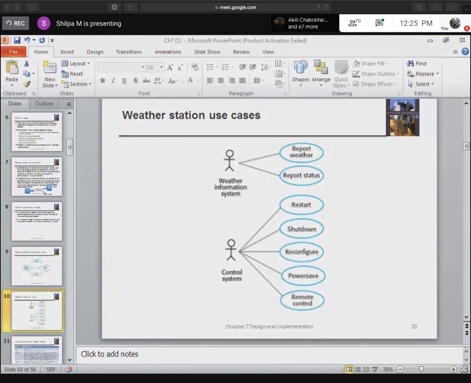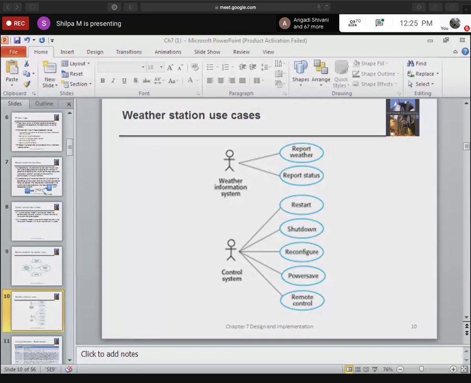If there is another actor, for example some weather station, I can give the functionalities with respect to that actor. So I can use the use case diagrams of UML in order to come up with the system context models or the functionality of the system.